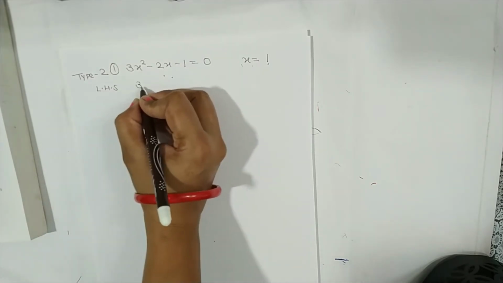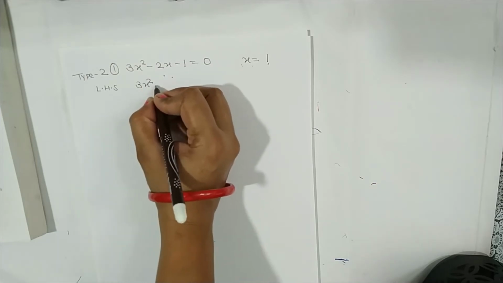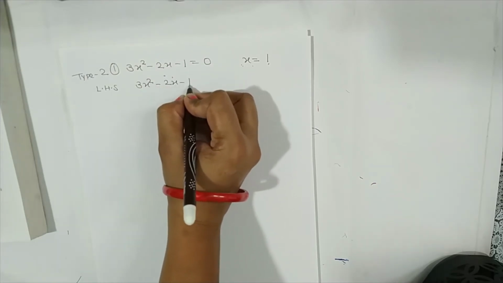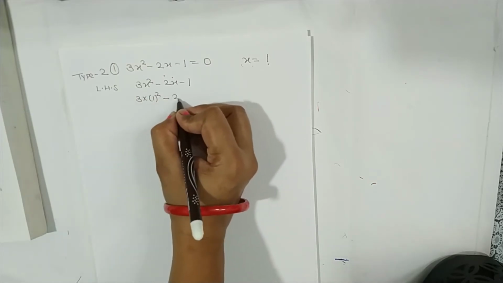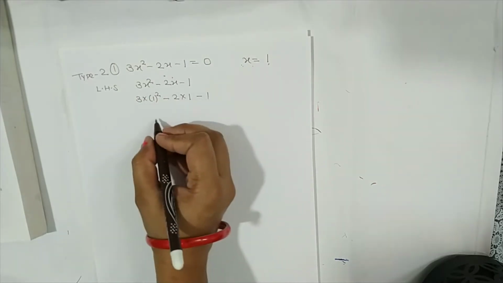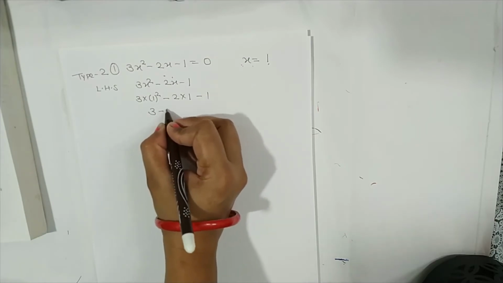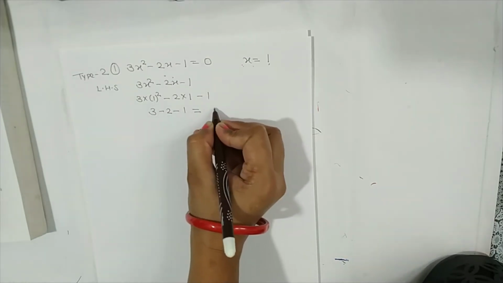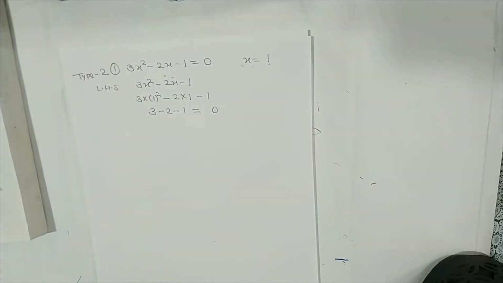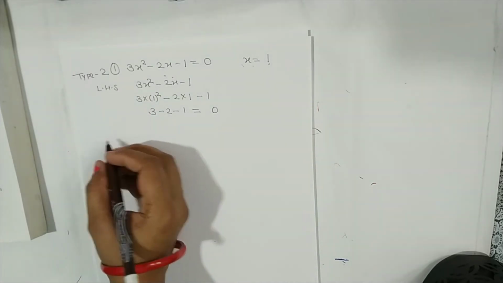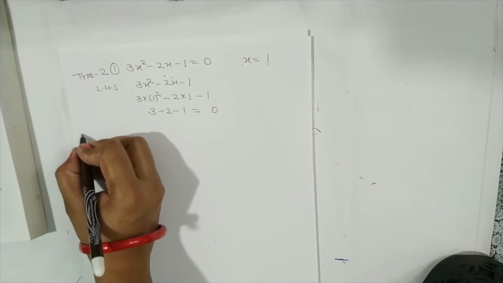So we just put x is equal to 1 in the left hand side. Left hand side is equal to 3x square minus 2x minus 1. So 3 into 1 whole square minus 2 into 1 and minus 1. So it will be 3 minus 2, yes, it will be 0. So left hand side is equal to right hand side. It means x is equal to 1 is a solution of the given equation. Second question,